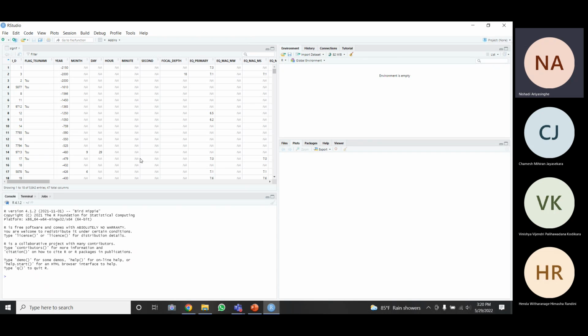Initially I haven't created any lists or arrays or anything, so nothing will appear in this part. The environment is empty, right?